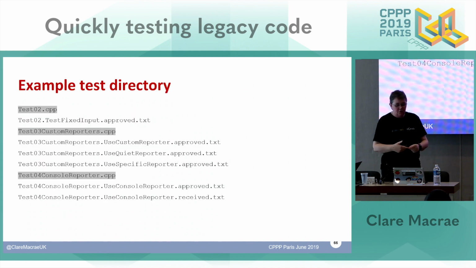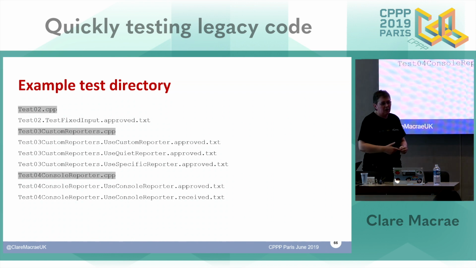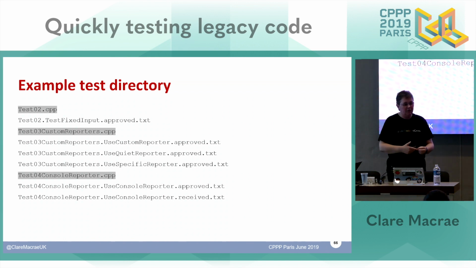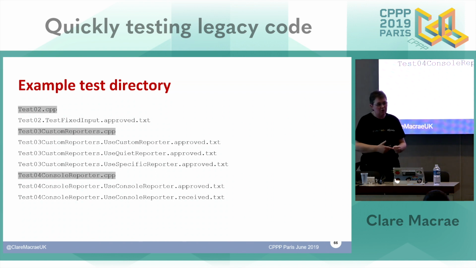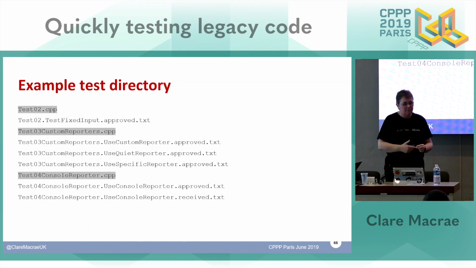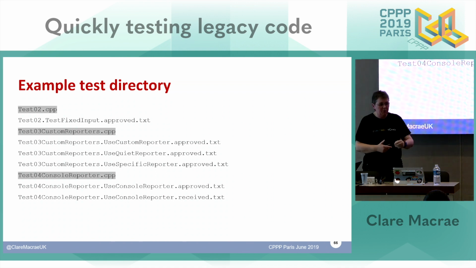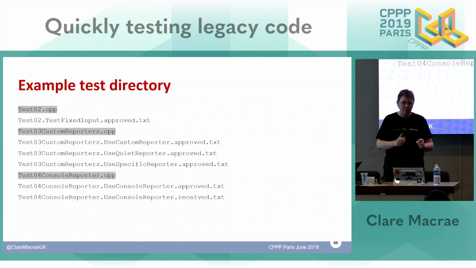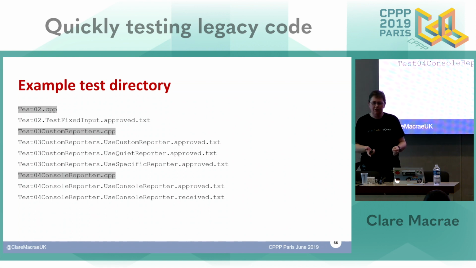So once I've added a few more files, a few more tests, a few more test cases, my test directory will look something like this. The lines in grey are the source code lines, and then we've got some approved files. You can see the file name starts with the same name as the source code name. And mostly I've only got approved files. At the bottom I've got a received file. What happens there is if your test passes, approvals deletes the received file because it's clutter, you don't need to see it, but if the test fails, it leaves it there so you can compare it with the approved.